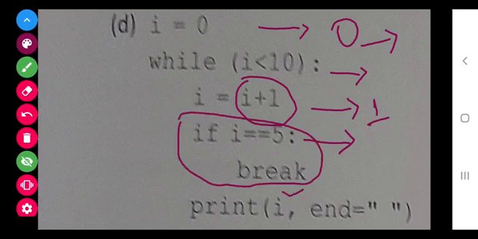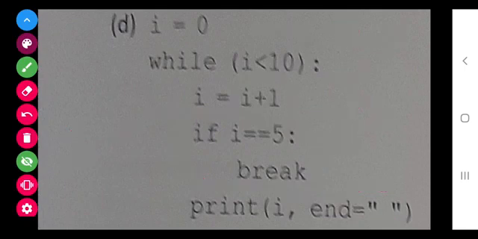So what will get displayed? i is equals to 1, and this will give a space, as a space is given, so it will come in a single line. Next answer will come here, then next here, till the while loop ends. Now for the next time, the value of i is 1.